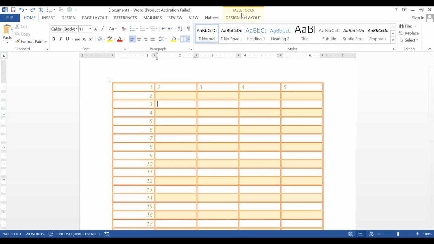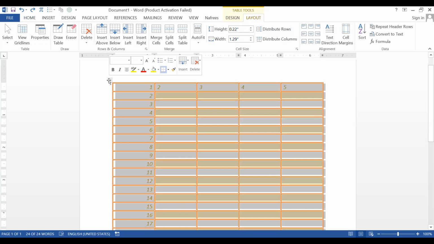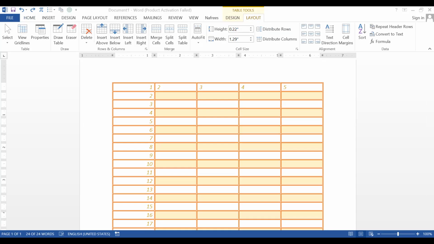Now let's see some more things that you can use for your table. This is the default height and width of this table. This is the default one. Now let's say you want to increase the height of this table, height meaning not of the whole table.